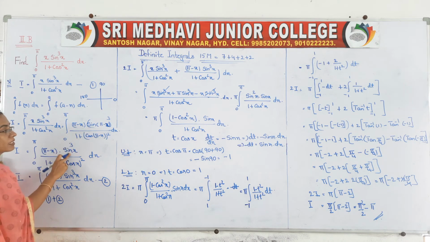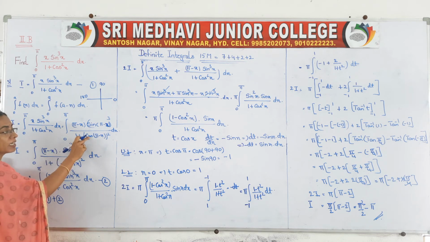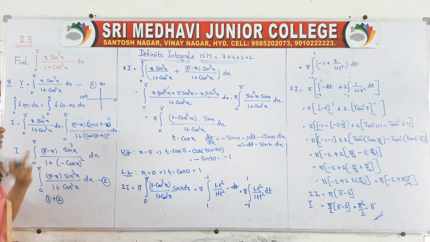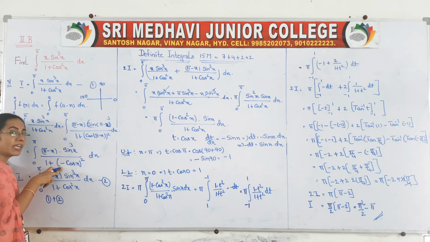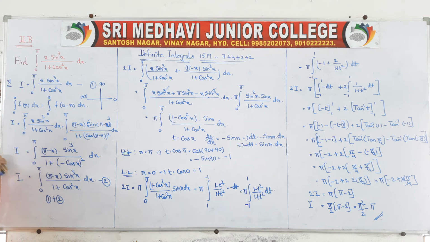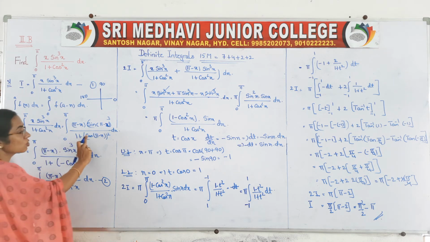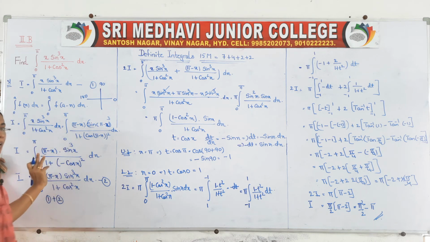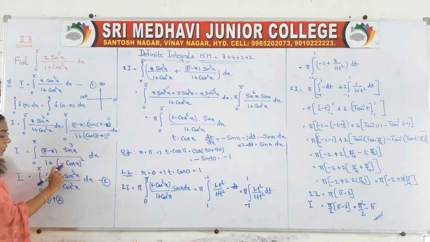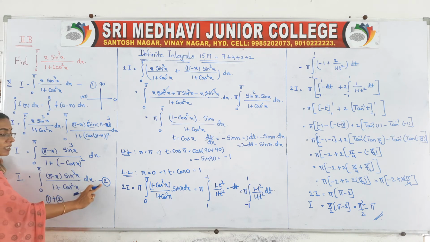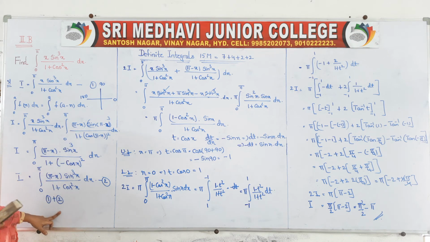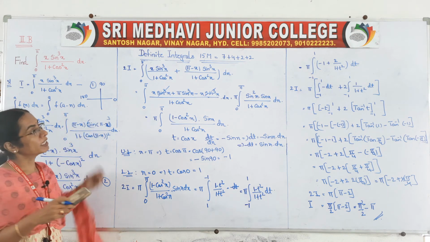So sine remains sine only, sine cube x, and here cos, right. Same thing, 180 minus theta, second quadrant, in the second quadrant sine and cosec are positive. So your cos is negative, so minus. And for 180 plus or minus theta, the ratio does not change, so cos comes as it is, but here square is there, so this becomes a positive value. You consider that as the second equation, that is also I. Now you add 1 plus 2, right.